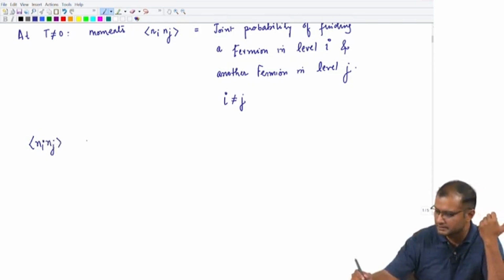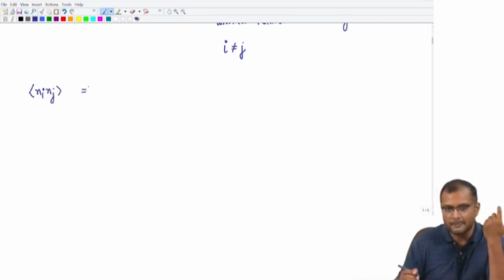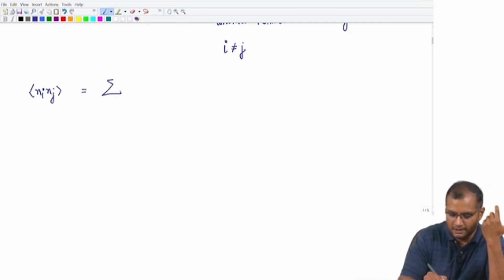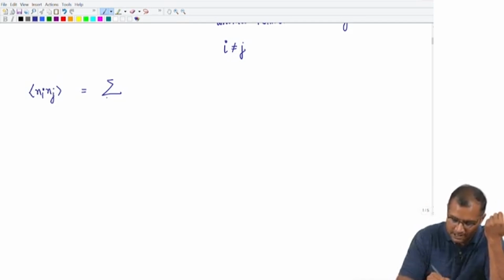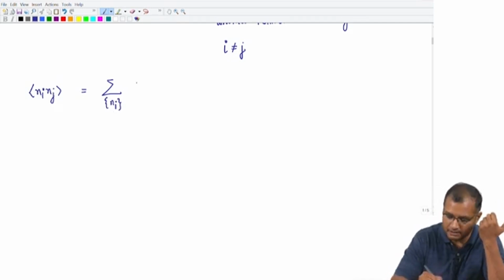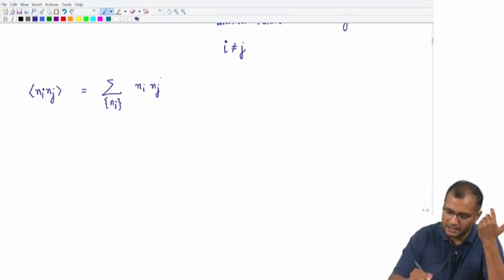So, if you recall, this joint moment is nothing but the expectation value of Ni Nj. So, these are two variables Ni and Nj, and suppose I sum over all possible microstates and sample the Ni Nj. Okay. This is the variable whose average is required in the distribution, which is given as e to